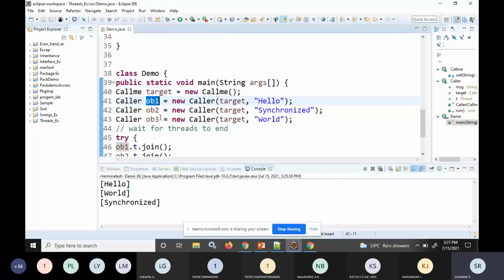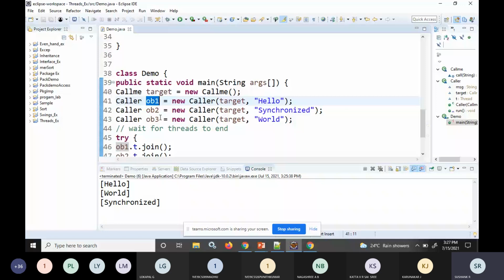Deadlock is a condition where the threads will be blocked forever, waiting for each other. For example, I want to watch a movie. The movie will be stored in two parts, part one and part two, on two different devices or two different pen drives. The part one will be with you, and the part two will be held by your friend.